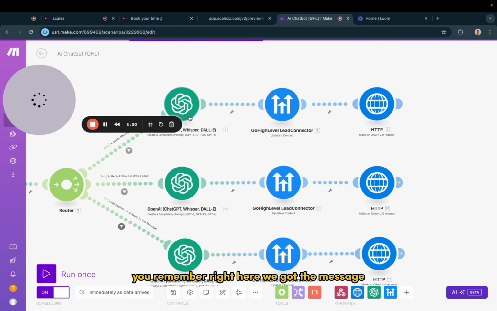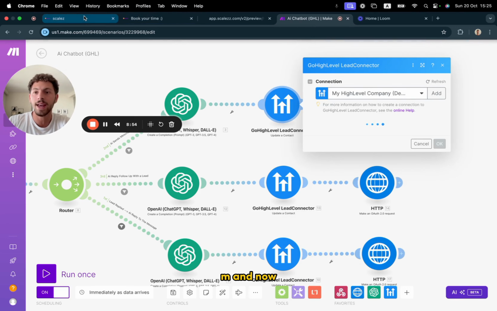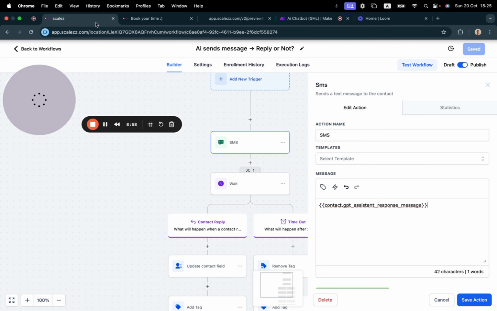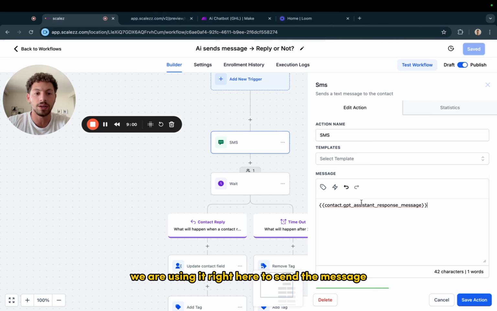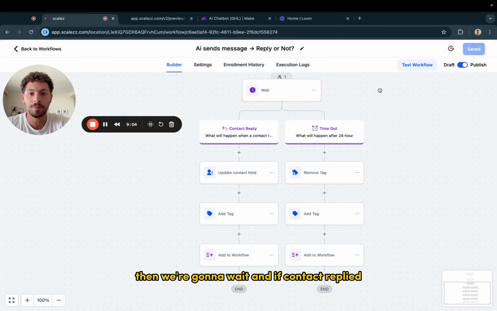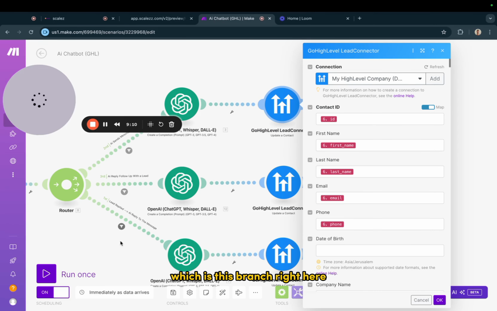Do you remember? Right here we got the message. We updated it as a custom field in the CRM. And now, because it is the message that is updated as the custom field, we are using it right here to send the message. Then we're going to wait. And if the contact replied, then we're going to add a tag, lead reply to AI SMS, which is this branch